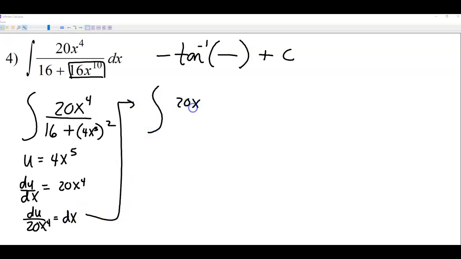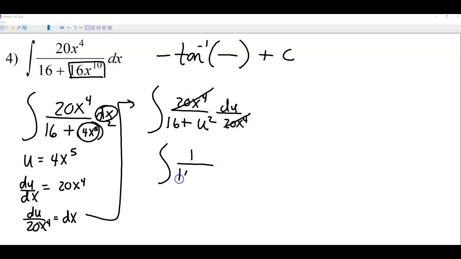The 20x to the 4th is going to stay there. The 16 is going to stay there. But we're going to replace this now with u squared, and we're going to replace the dx, which I didn't write, but there it is, with what it equals, du over 20x to the 4th, and then these cancel. And so now I have 1 over 16 plus u squared du, and now that's a more classic looking